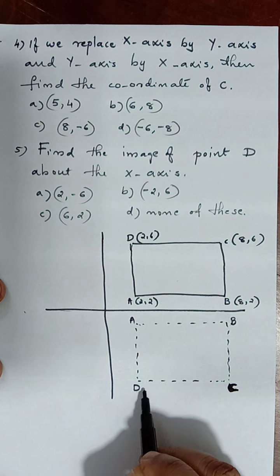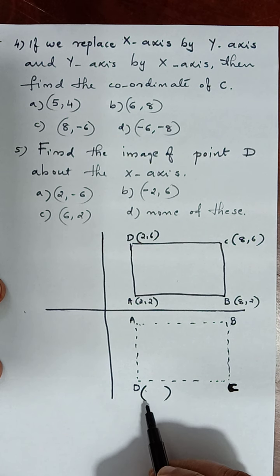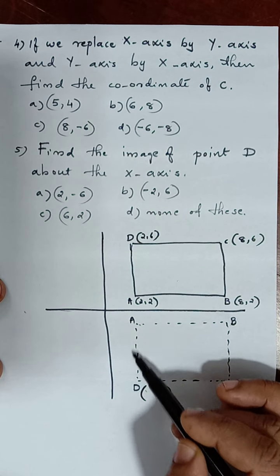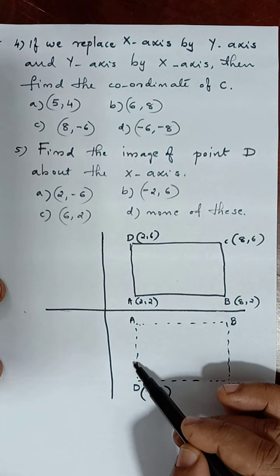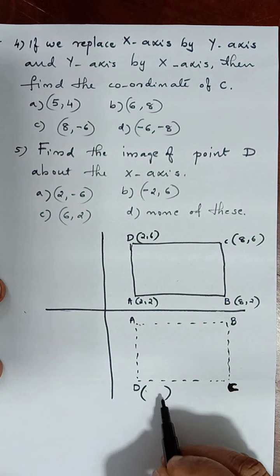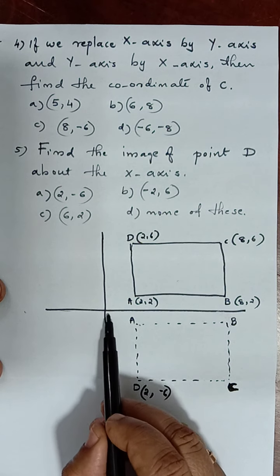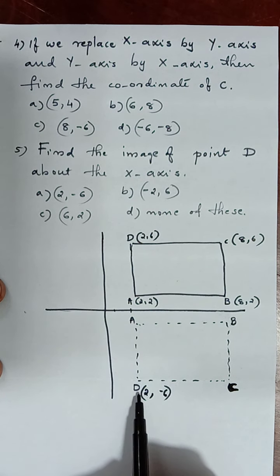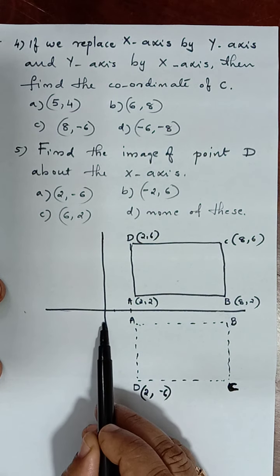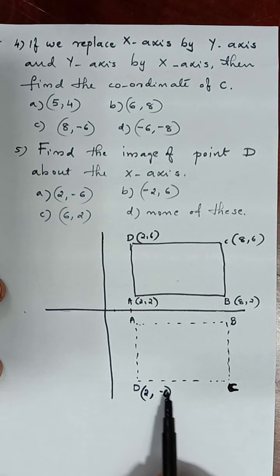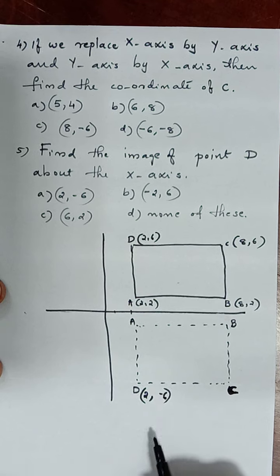Therefore, what will be the coordinate of the point D? As D is the image, we can say that it is 2 units from the y-axis, and it is actually negative 6 on the y-side. Here it is negative 6 and here it is 2. So 1, 2, 2 comes here as x coordinate. Negative 1, negative 2, negative 3, negative 4, negative 6 will come as y coordinate. 2, -6 is the